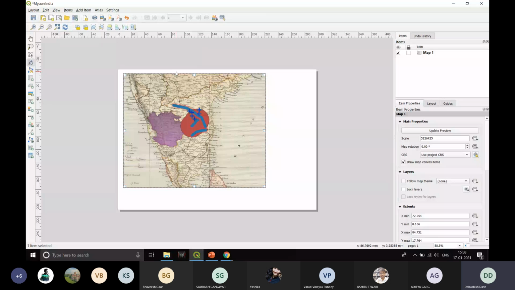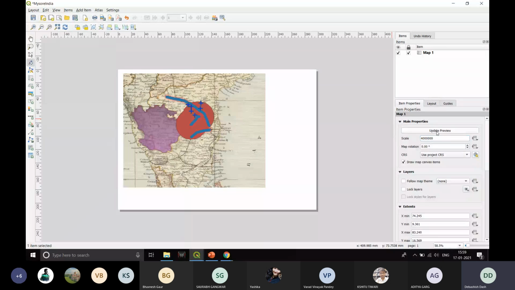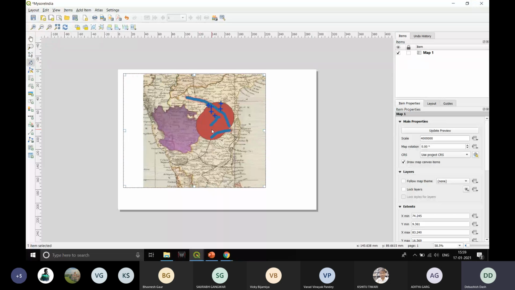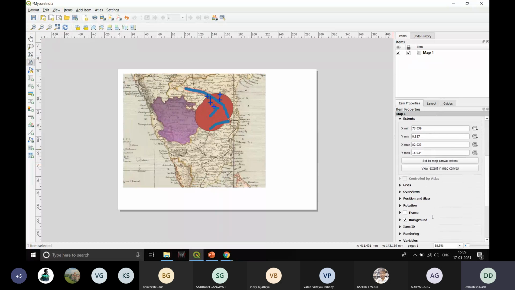So yeah, it has been locked, and now here I can feed a scale into it. So suppose I'll use 40000, and okay, that scale was too big. Yeah, so this is fine, and I should move it a little bit more. I have locked it. Just unlock it, and I'll just move its feature a little bit. Okay, yeah, it's done. I'll lock it again. And there are many more options which you can do.